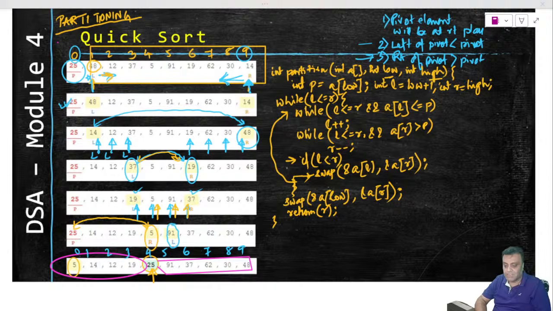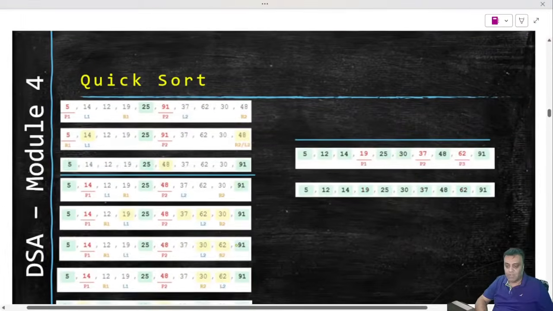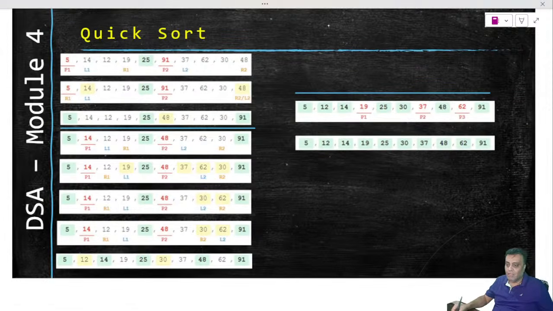So now the partition function is ready for us. It has to be called, right? So before calling the partition function, just let us check what happens next. So what happens next is this particular subarray is what we are talking about. The processing will start here and the processing will also start here, right? In this way the processing will go on. So let us see what is happening. So what is happening is that, as I said, each subarray will take the left element as the pivot. Left element is the pivot, and here also the left element is the pivot, right? So in those subarrays, after the left element will be my left pointer, right pointer.